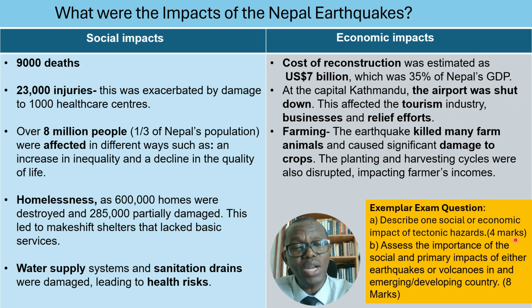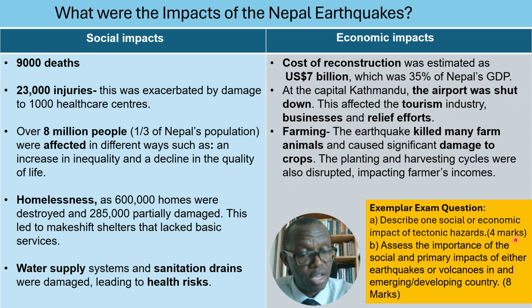So they then lose the little that they had, which then means that they are even poorer. So a large proportion of Nepal's population was affected greatly by these 2 earthquakes. Then homelessness was another problem, as 600,000 homes were destroyed and 285,000 partially damaged. So this then led to makeshift shelters that